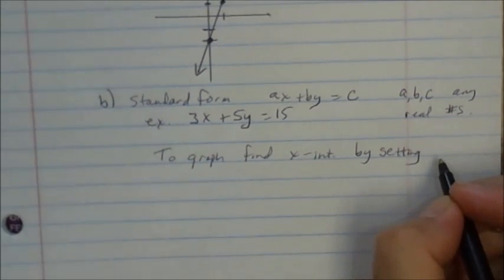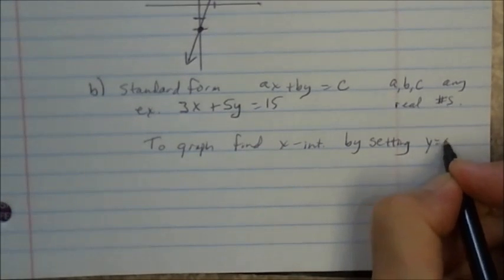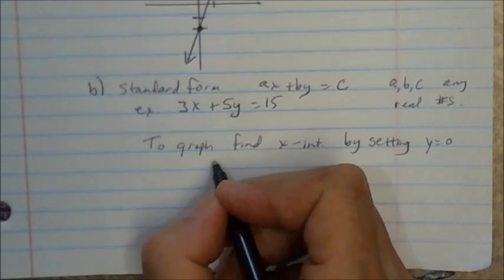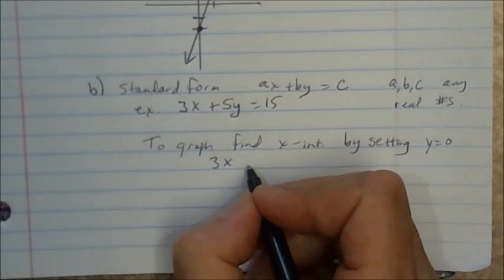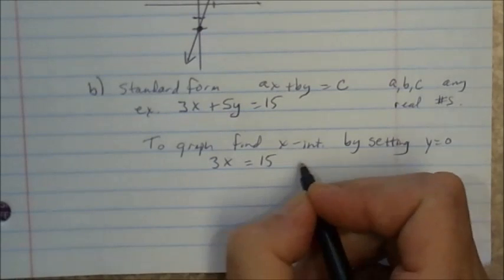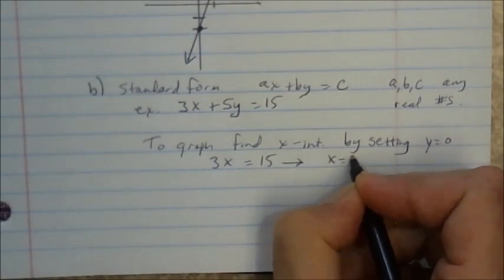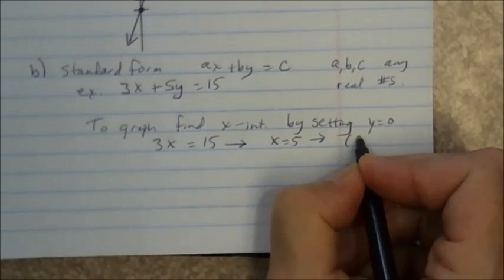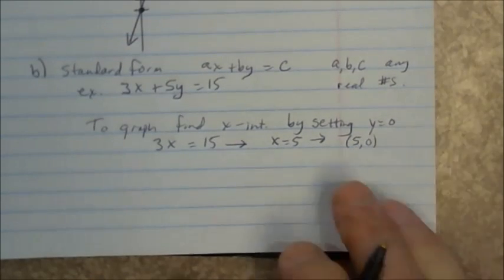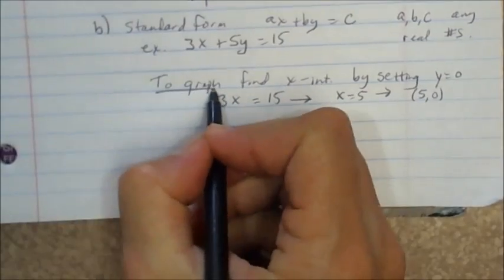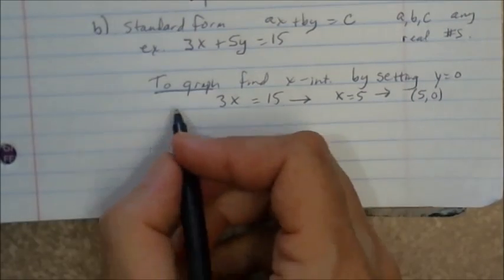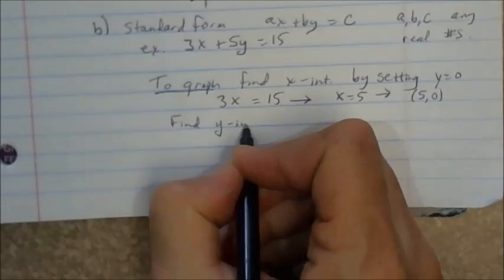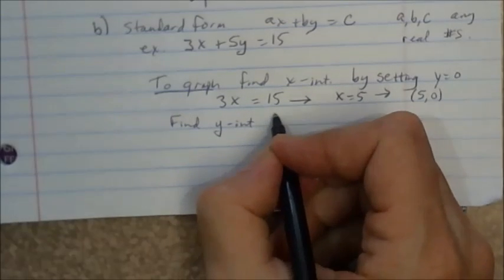Hopefully this is a review of what you've done before. So let's find the x-intercept. Let's set y equal to 0. So we have 3x plus 0 is equal to 15. So that means x is equal to 5, which means 5, 0 is the x-intercept. Now you're going to find the y-intercept by setting x equal to 0